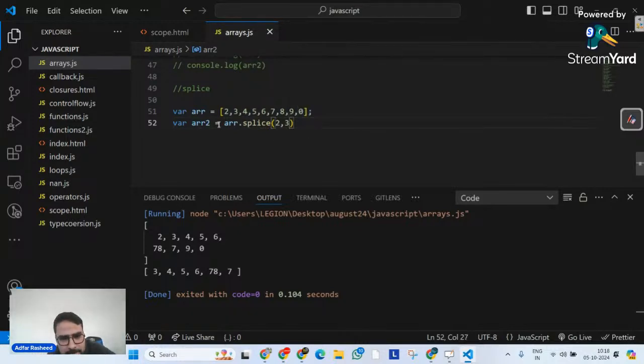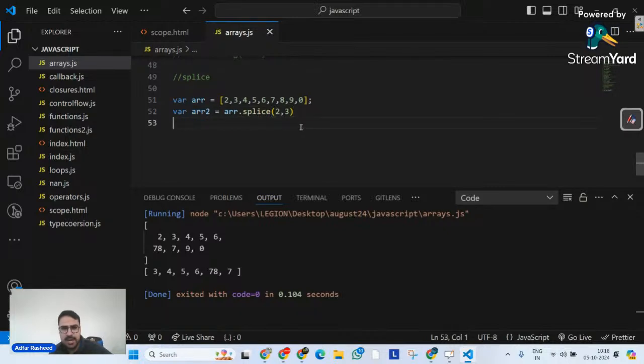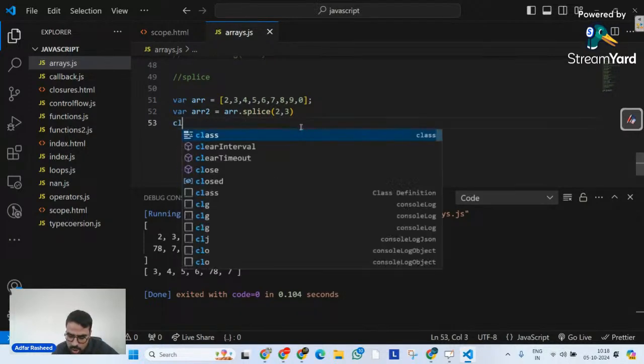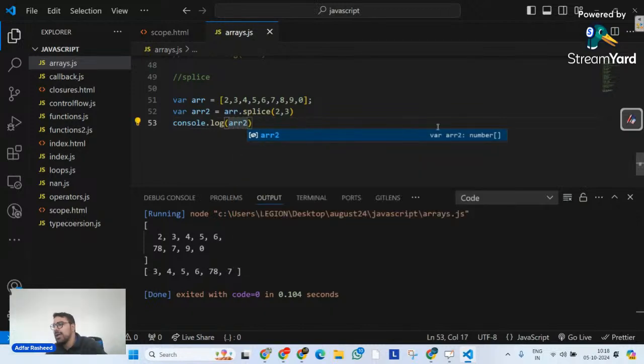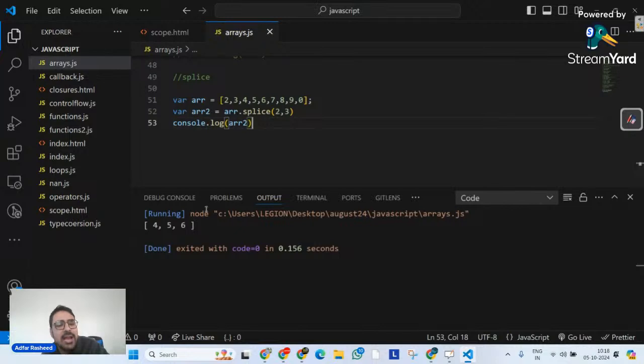If I go over here and try to understand my console.log, my ARR2, let's understand what this splice method is going to return, at least at this point of time. Because when we say ARR2 console, I am calling this method in this variable. Let's try to understand what it's going to return. If I try to execute it, you can clearly see there are three elements inside it. So what does that mean? That means I am simply wanting to create a slice of it. Yes, sir, I can create a slice with splice as well.